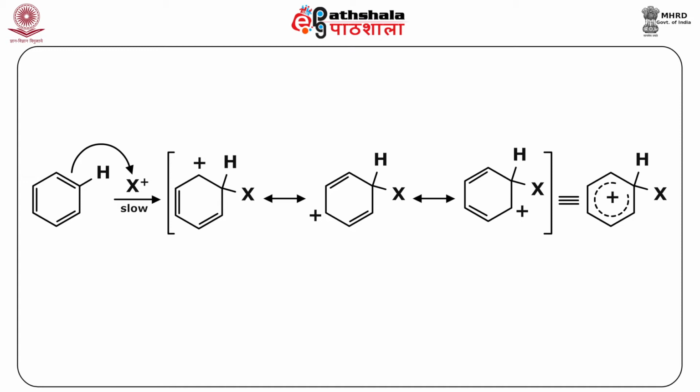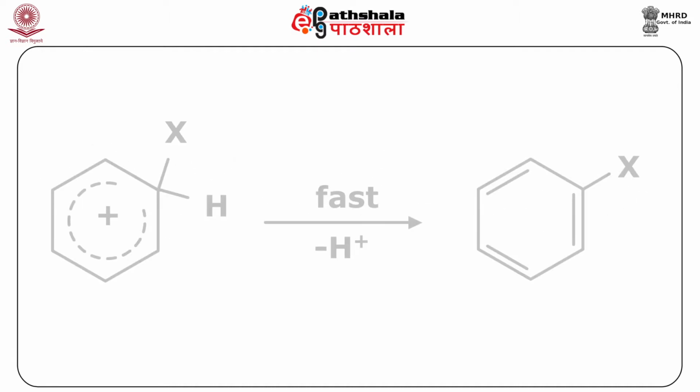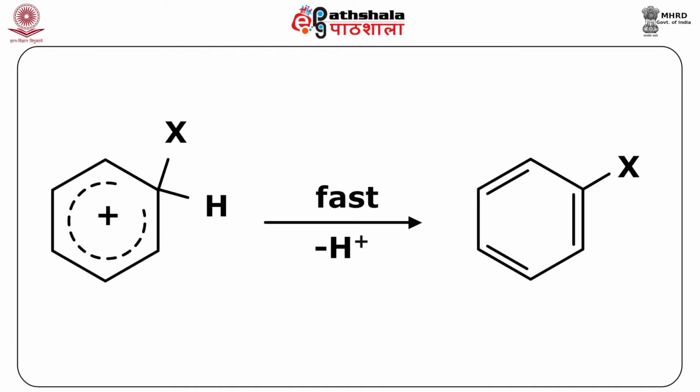Now students, I would like to tell you that this first step is the rate determining step, and it is a slow step of the reaction because of the disruption of aromaticity in this step. Now coming over to step number 2. In this second step, students, the leaving group basically departs, to regain the aromaticity. Now this step leads to the regeneration of aromatic stabilization. The second step is nearly always faster than the first one, making the first one the rate determining step, and the reaction is second order.